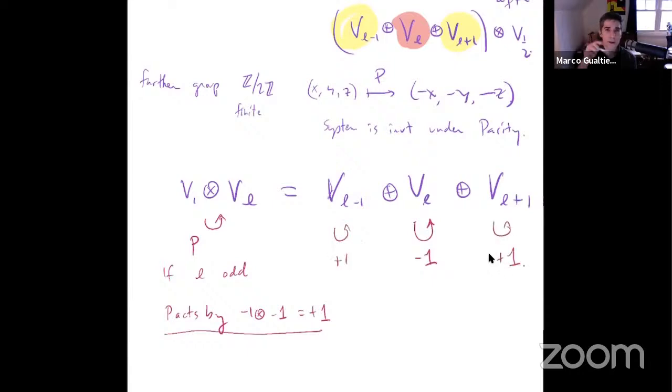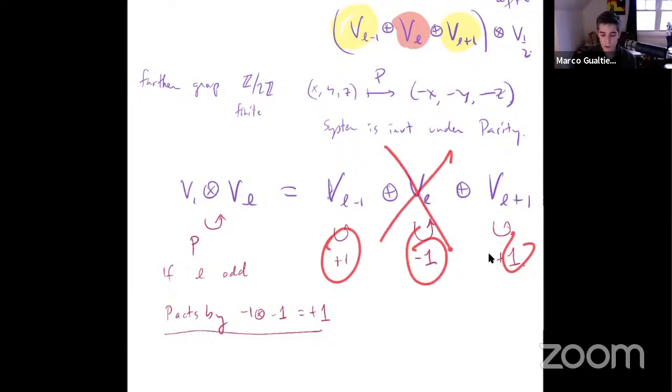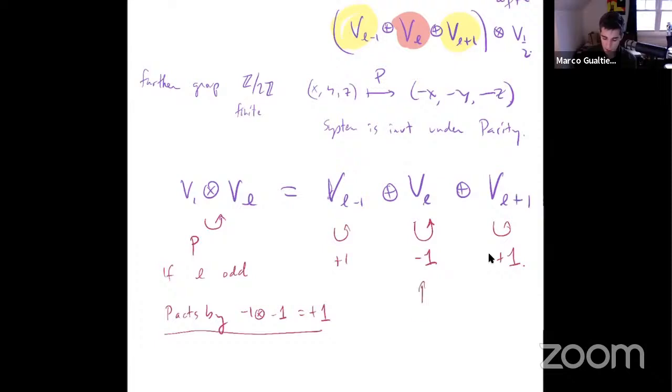So you see that this simple reflection acts on the left-hand side by +1. And on the right-hand side, it acts by +1 or by -1. So this must not be present. This violates parity symmetry. So this is excluded since P is a symmetry of the system. If you look at, for example, the Hamiltonian, it is independent of reflection. It depends only on the radius.